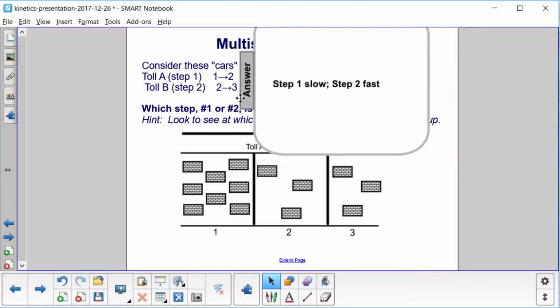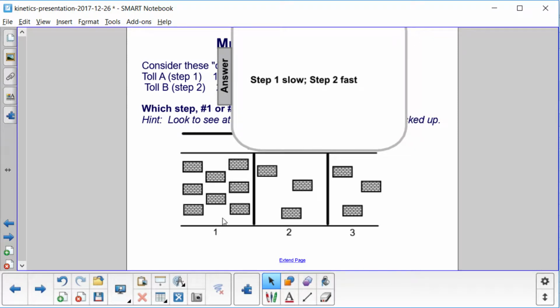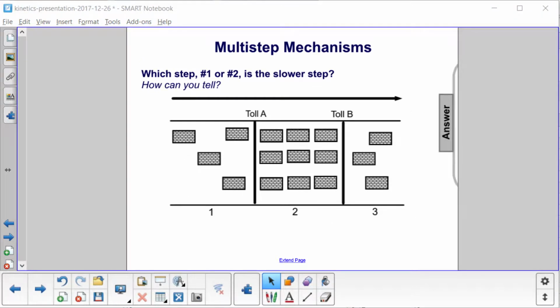Step 1 is the slow step, to get from 1 to 2 at toll A. Step 2 is much faster, to get from 2 to 3. In this multi-step process, which step, number 1 or number 2, is the slower step? Looking here, it looks like all the cars are getting backed up behind toll B. So it's taking longer to get from 2 to 3 than it is to get from 1 to 2. So the slower step would be step 2,